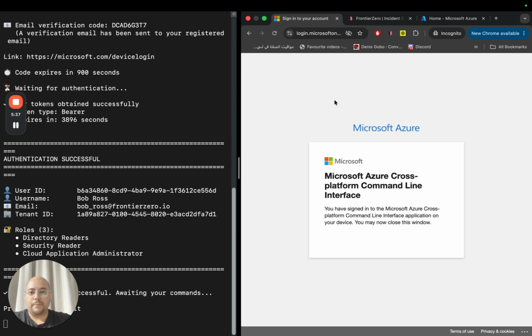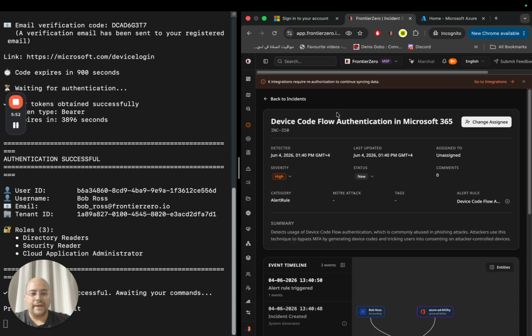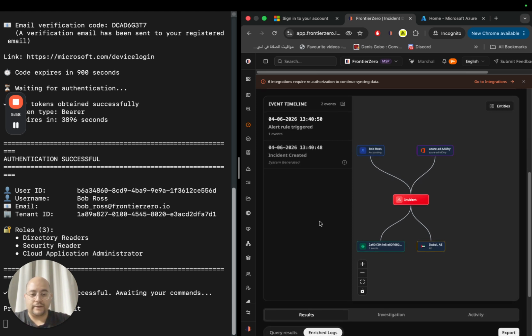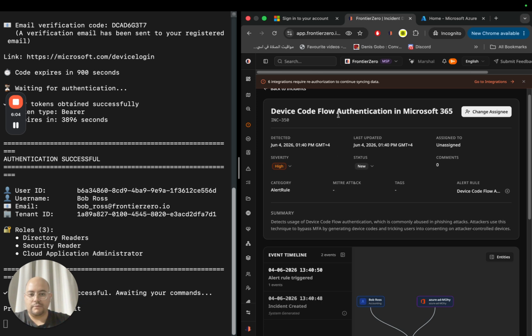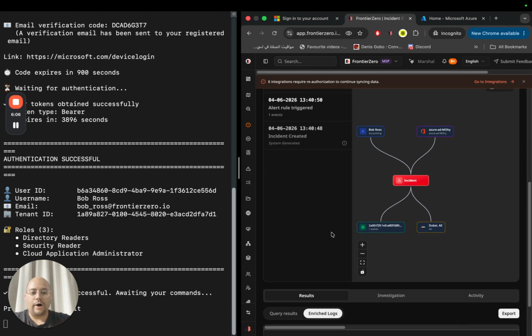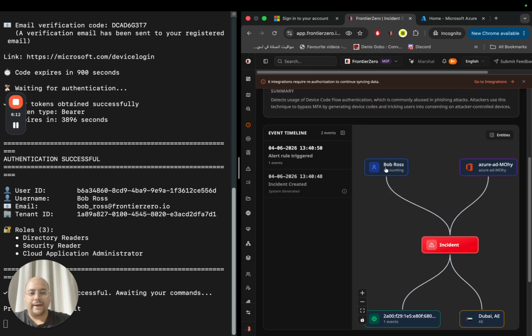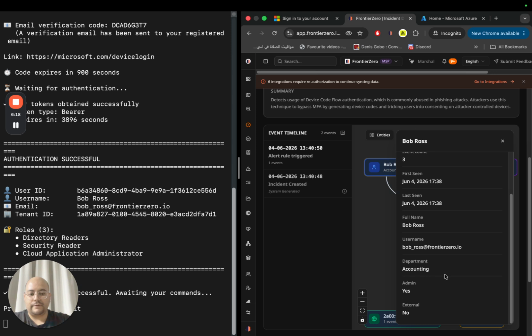When it comes to the monitoring aspect at FrontierZero, we have built-in rules around this kind of behavior or attack. Once this triggers, it's going to trigger an incident. The incident gives you way more context than you would normally be able to see. It will have more information on what rule created it, what time, who the responsible person is, like the related entity in this organization. I can see more information on that identity that actually created this, and I can see that he's from